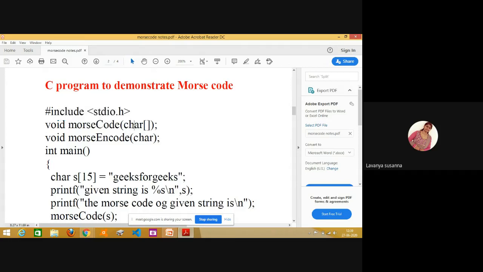Next, inside Morse code I have written char, and next the subscript operator, which is nothing but an open square bracket and a close square bracket. Why have I written it like this? Because I am passing an array, a character array, that means a string containing a group of characters.